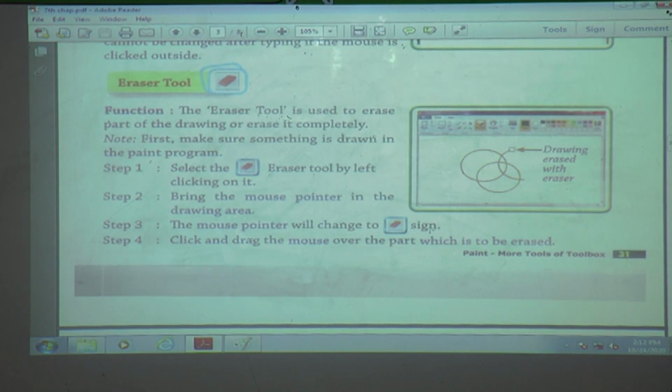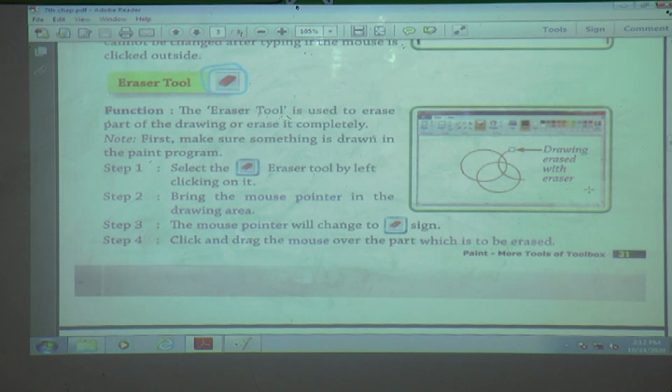And when we are using the text tool, the mouse pointer becomes an I-beam. Now if the eraser tool is selected, the mouse pointer changes to which sign? The eraser sign.